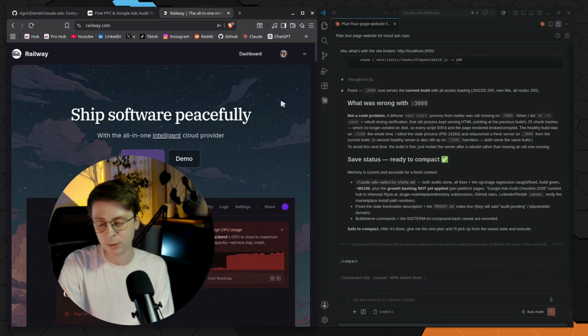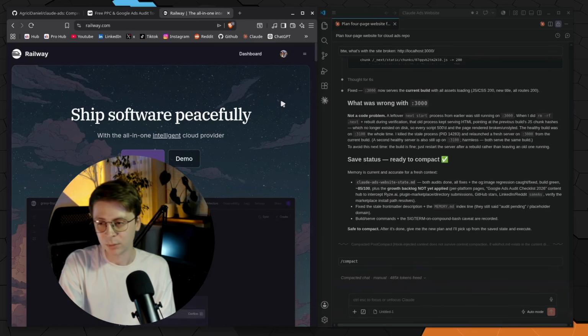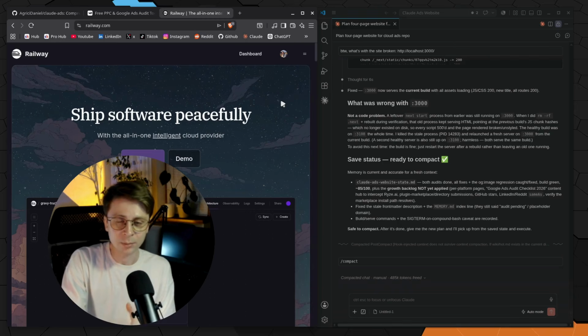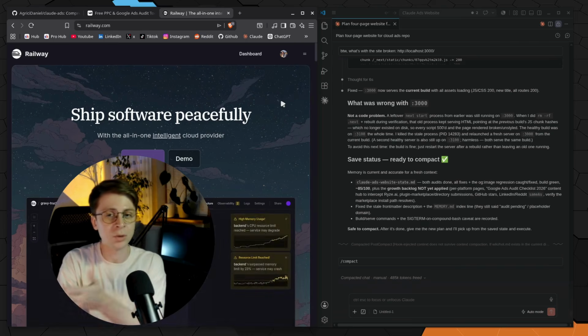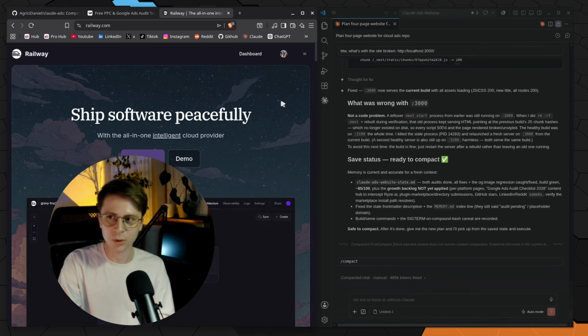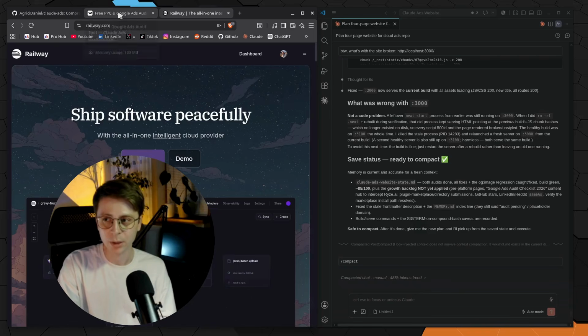I mean, this is basically coins. If you can't afford it, then you can even go for the free plan, but we're not going to have the possibility to connect your domain, or you can go to Vercel, which is free at the same time. It's totally up to you. But we're going to be using Railway right now here. We're going to connect it. But before that,